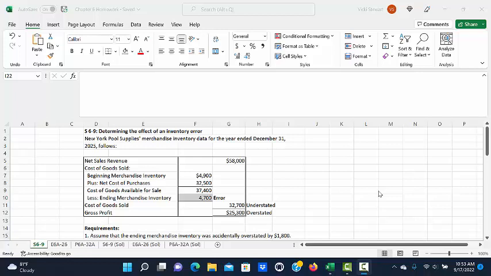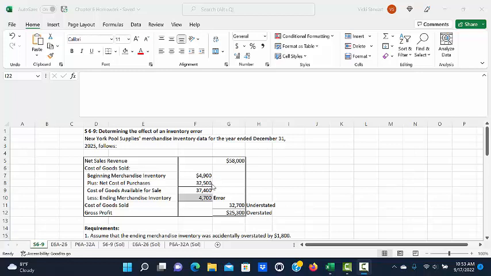This is a demonstration of exercise S69, determining the effect of an inventory error. New York Pool Supply's merchandise inventory data for the year ended December 31st, 2025 follows, and the problem gives us the calculation of gross profit, starting with net sales revenue, then the computation of cost of goods sold, which is